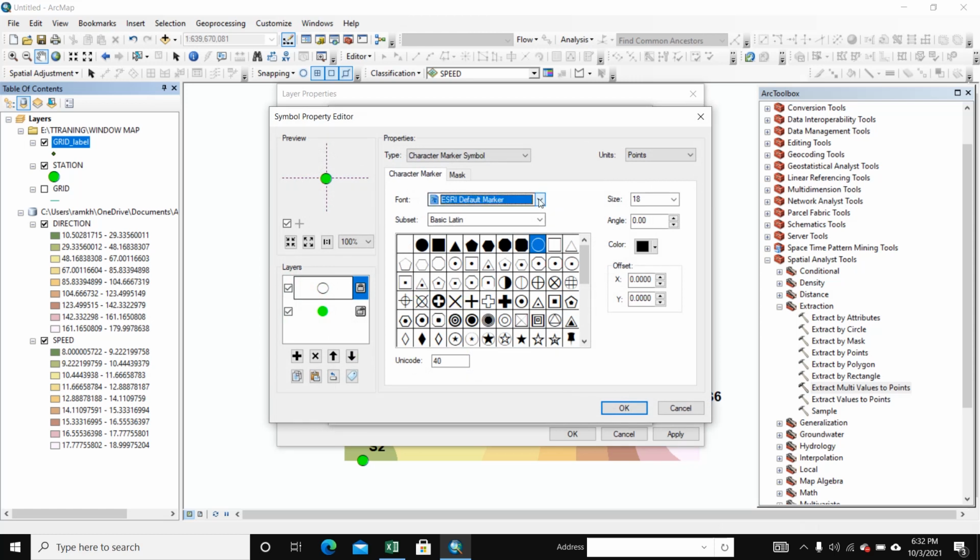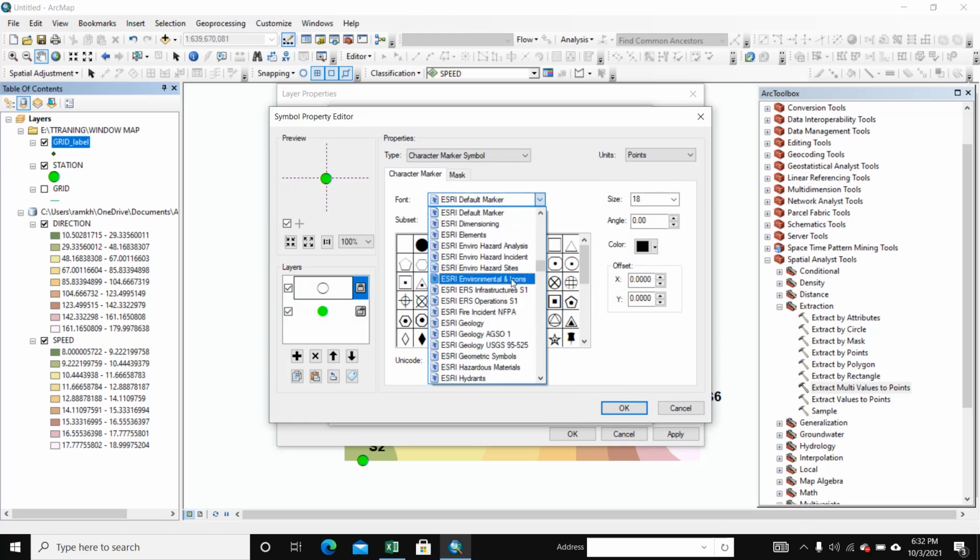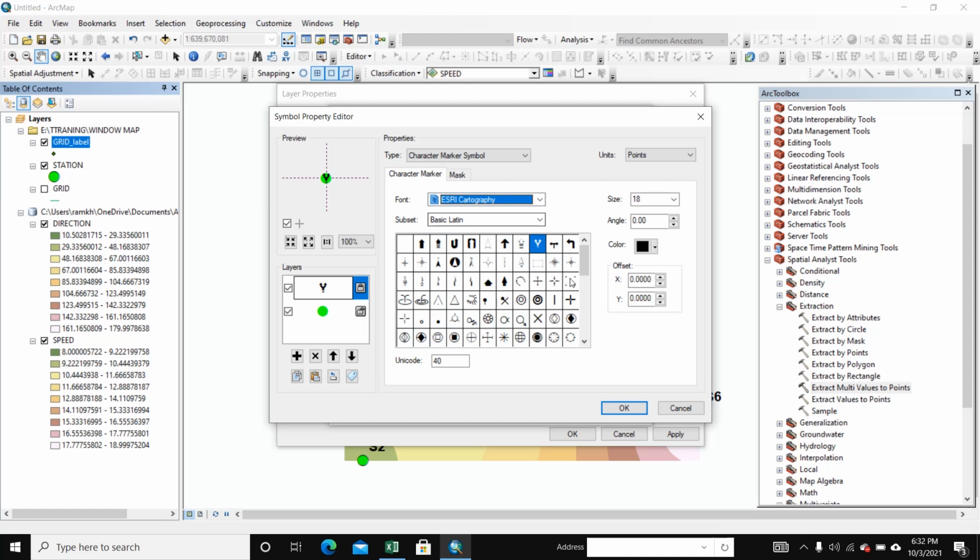And we select here Esri cartography. Esri cartography.